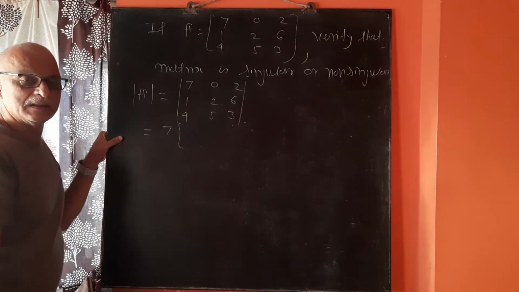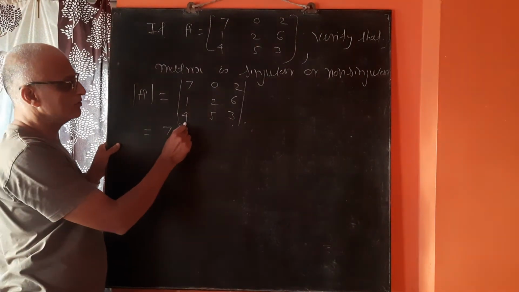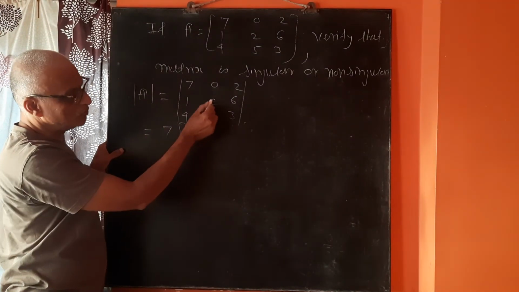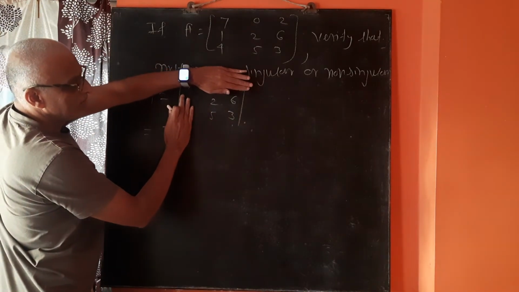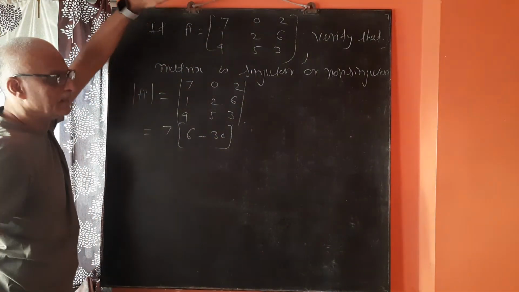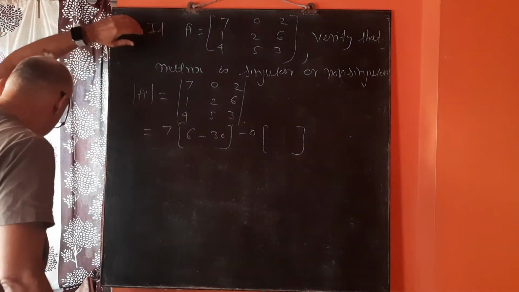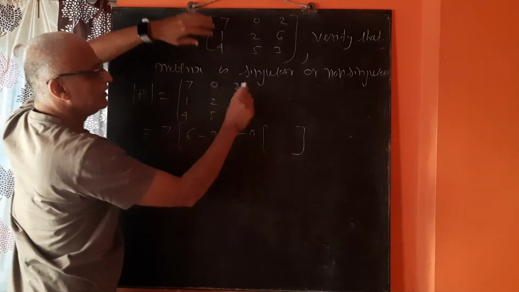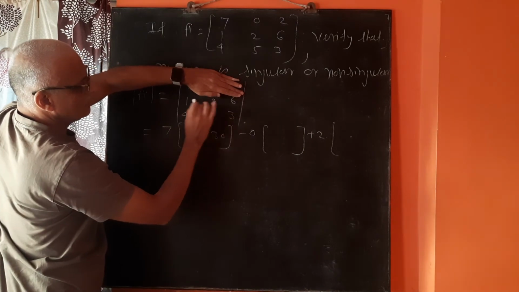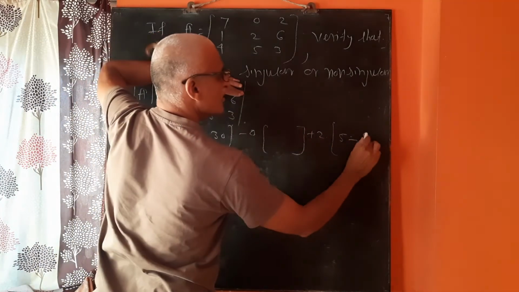7 into, now I solve directly. You have had a lot of practice with determinants, so you can solve it. Those who cannot solve directly can apply the indirect method. 7 into 2 into 3, this row and column are gone. So 2 into 3 that is 6 minus 6 into 5 that is 30. Second element is 0, so minus 0 into anything will be 0. Then third element is 2, so plus 2 into 1 into 5 is 5 minus 4 into 2 that is 8.